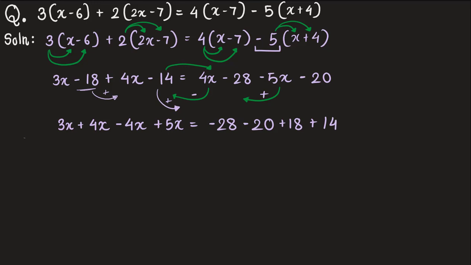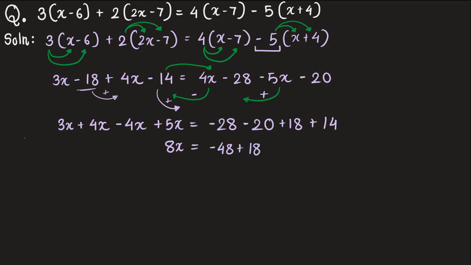So we will add these. 3x plus 4x is 7x. 7x minus 4x is again 3x. 3x plus 5x would give us 8x. So 8x is equal to minus 28 minus 20. This would give us minus 48. So minus 48